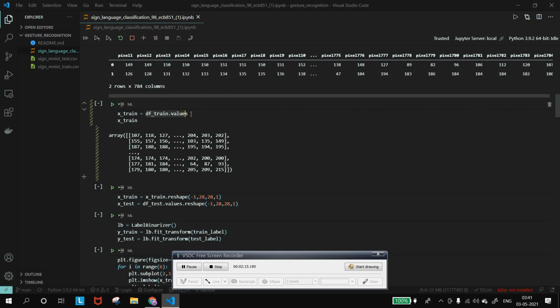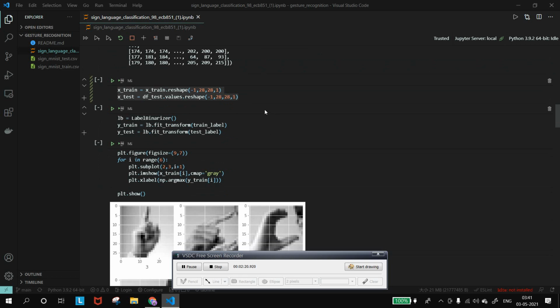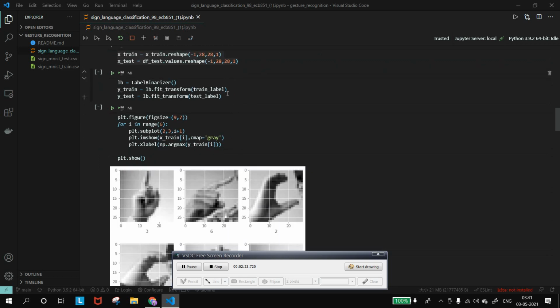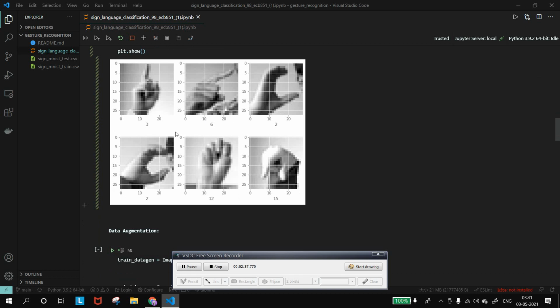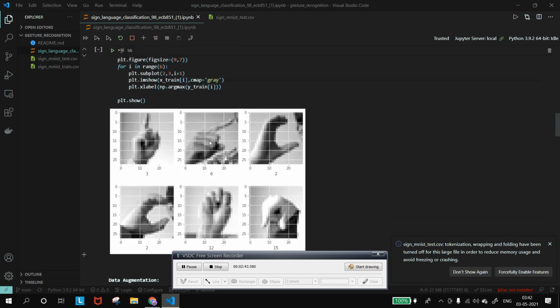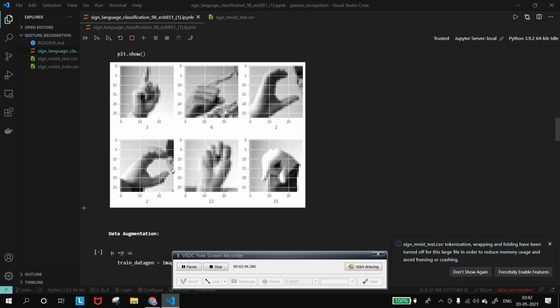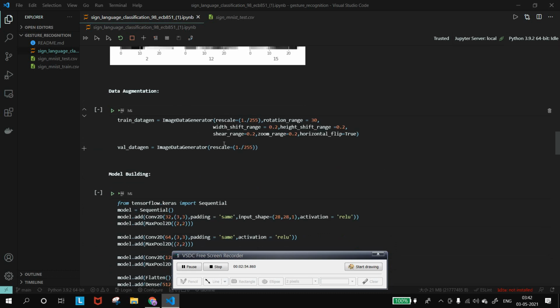Further I am just storing the values which I need to train my model. And then further I am reshaping the images, right? Then further I am converting the labels into binary values so that we can train and test the model easily. And further I am printing the shapes of the images of the input dataset. So this dataset is actually given in the form of these values, these arrays, right? So you can see here, this is 3, this is 6, this is 2. So once our model is trained, we will be predicting these shapes, right?